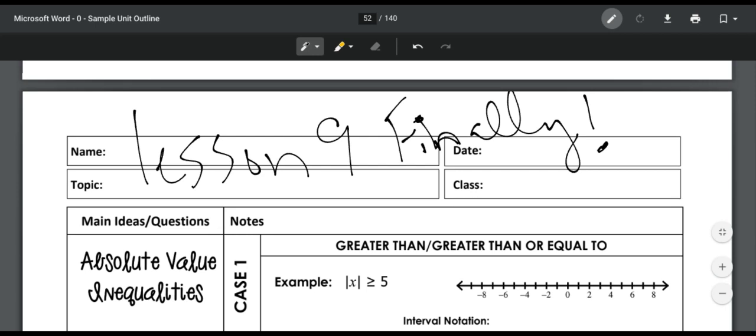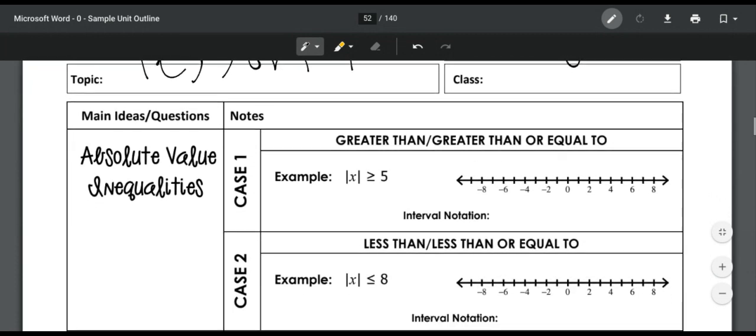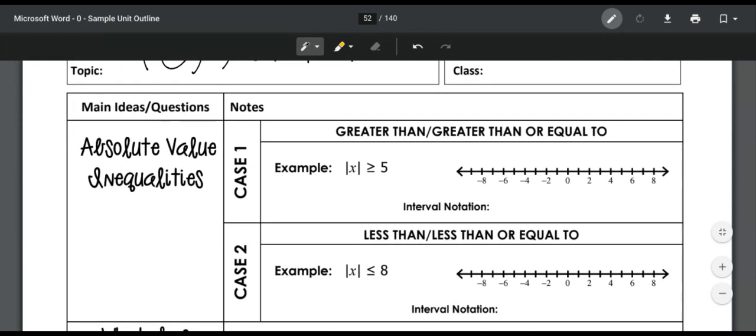We are finally to lesson 9 that has to do with inequalities again. And this is absolute value inequalities. So we already solved absolute value equations. So the first one